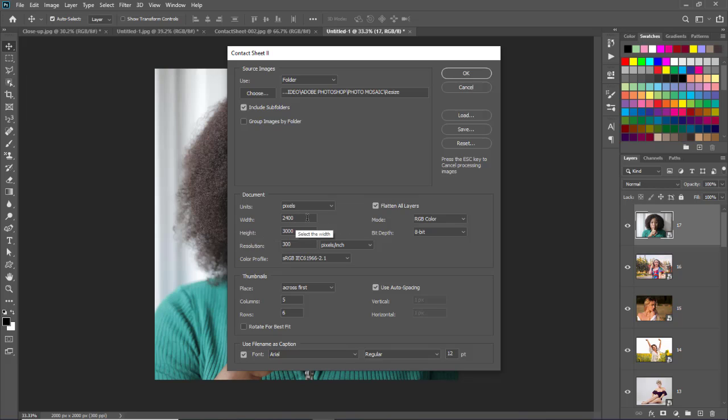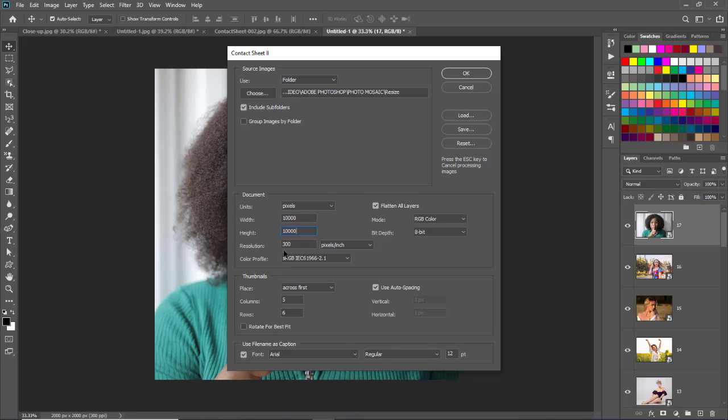We want to make a square mosaic pattern document with 5 columns and 5 rows. So if we crop or resize all our images to 2000 pixels by 2000 pixels dimensions, then our square mosaic pattern document size will be 10,000 pixels by 10,000 pixels. 2000 pixels width multiplied by 5 columns is equal to 10,000 pixels width, and 2000 pixels height multiplied by 5 rows is equal to 10,000 pixels height.